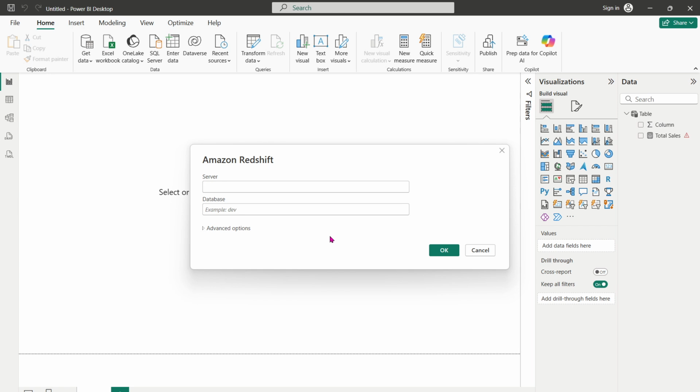After filling out these details, you should be able to establish a connection by clicking another Connect button, prompting Power BI to attempt a handshake with your Redshift database. Once the connection is successfully established, you'll notice the navigator pane in Power BI becomes populated with the list